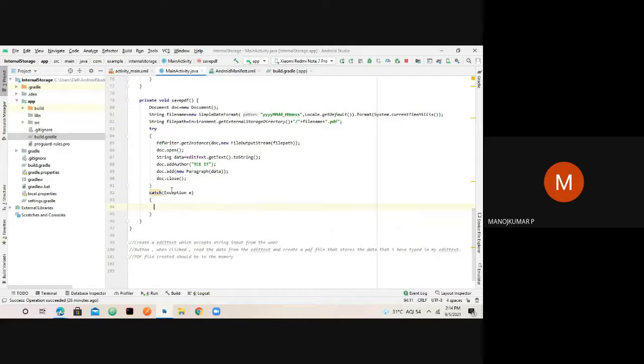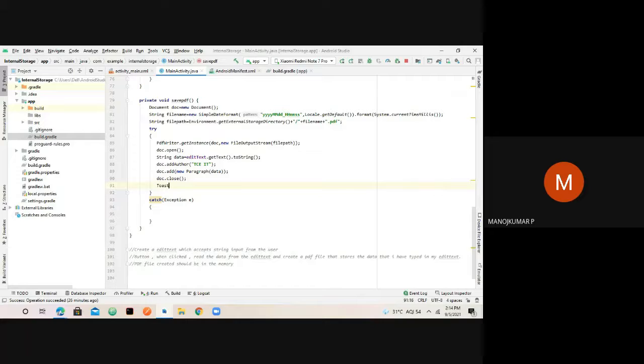So once this is closed, you have to ensure that the user knows whether the process is a success or failure, based on a toast message we already discussed. So I can specify it in a better way than we thought. Instead of just giving a file name, saved successfully, I could say a file name, and I would say .pdf, /n saved to /n, and then I can even specify the file path here.